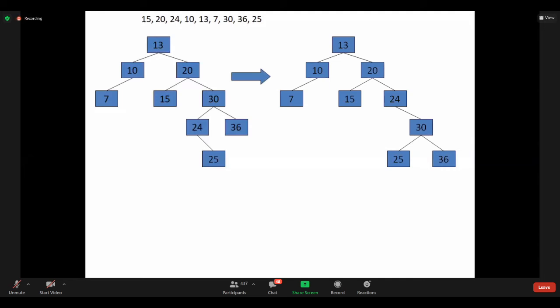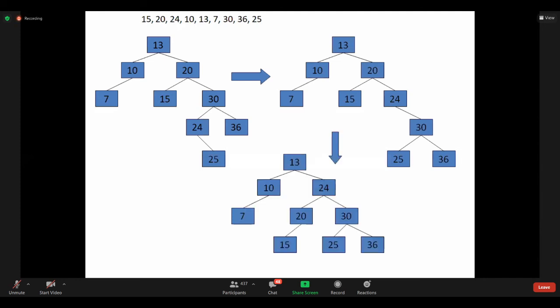After considering that, then, is it clear? So insertion is clear. Where 20, 30, 24 we should consider, right? It is 20, 30, 24 should be considered.